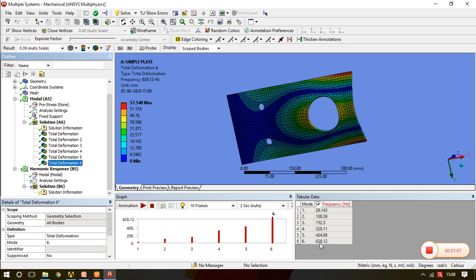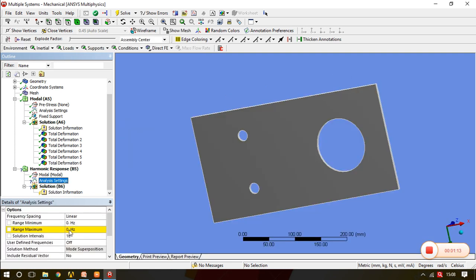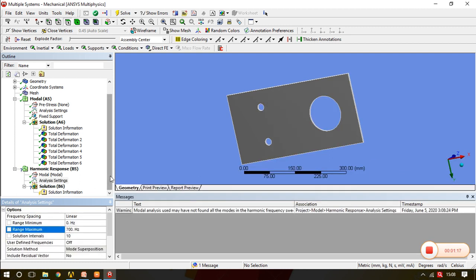If it is 628 Hertz, according to that we can decide our analysis settings. So from 0 to say 700 Hertz we have decided for the modal analysis. Now here we can increase the solution interval as well. Say it is 50, we can give it 50.